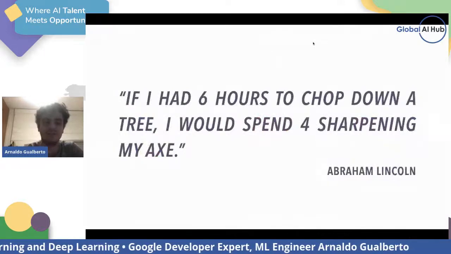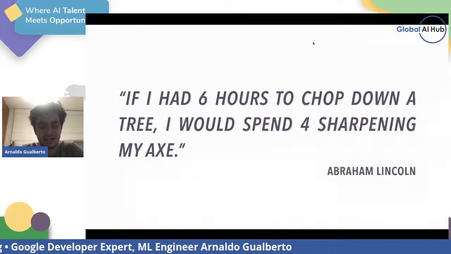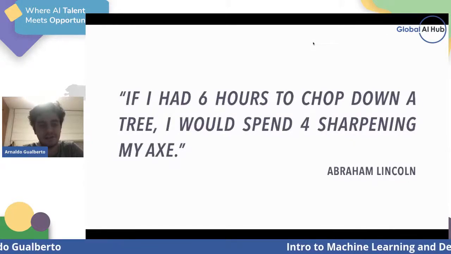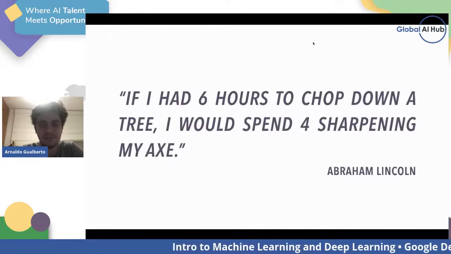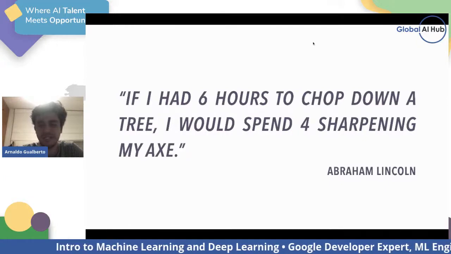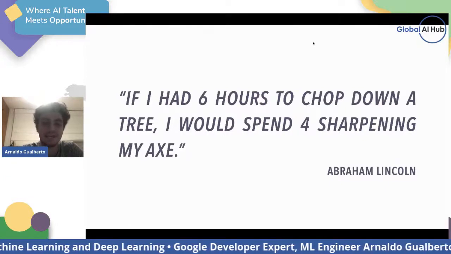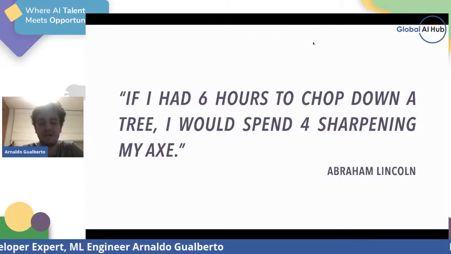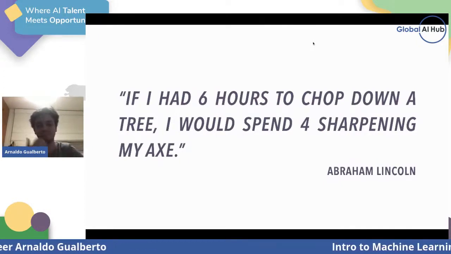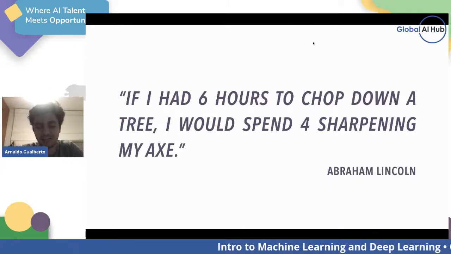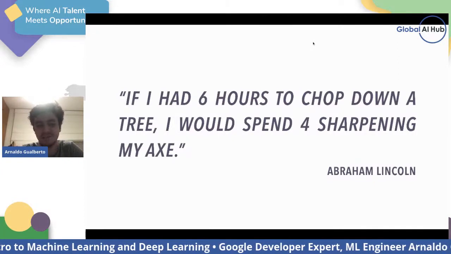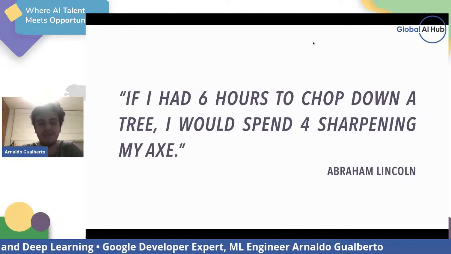So, just to finish, I like to finish my lectures with a sentence, and the sentence I chose this time is from Abraham Lincoln, who said, "If I had six hours to chop down a tree, I would spend four sharpening my axe." I think this sentence has everything to do with deep learning, data science and machine learning in general,